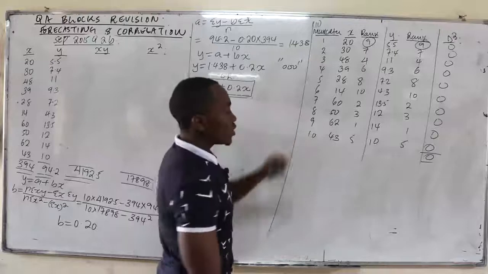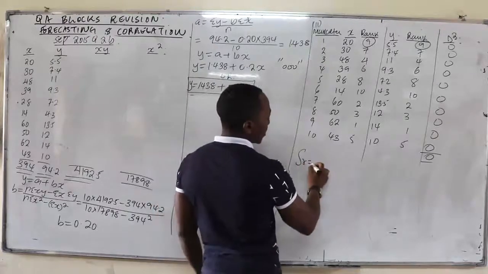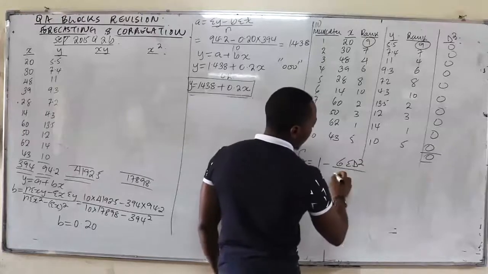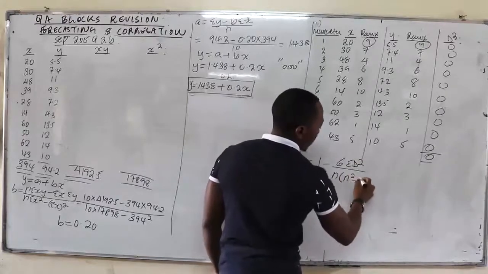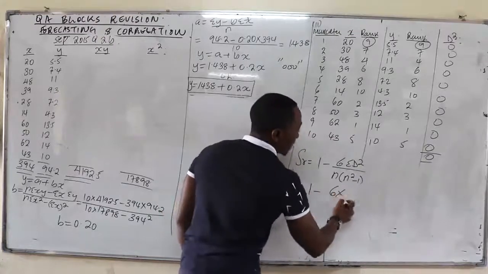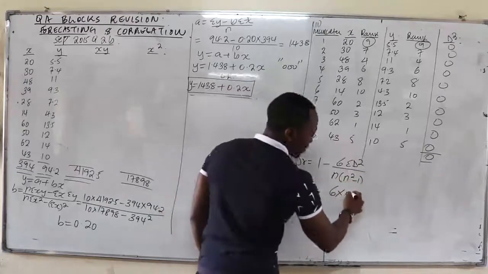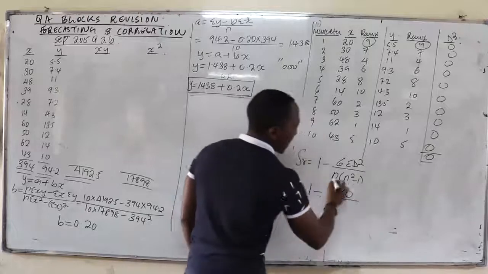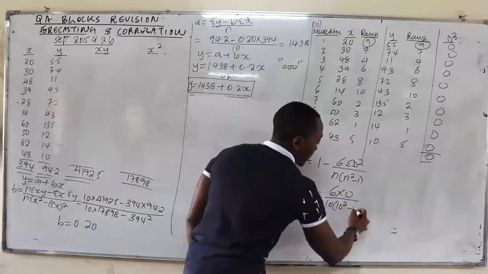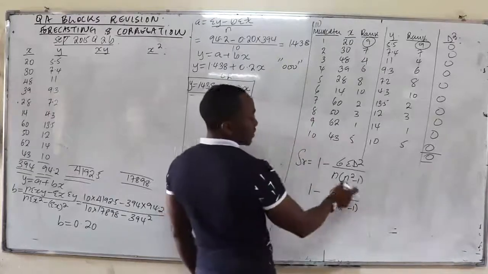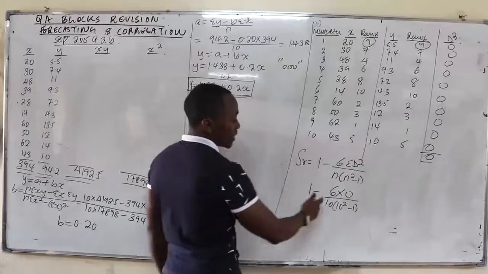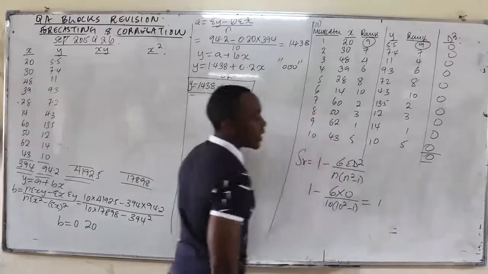Are you together? So remember, I said that to get the Spearman's rank, it's 1 minus 6 summation of D squared over n squared minus 1. So it will be 1 minus 6. Summation of D squared is 0. You divide by n. There were 10 marketers. 10 squared minus 1, 6 times 0 is 0. 0 divided by all that is still 0. So it's 1 minus 0, still get 1. So that means